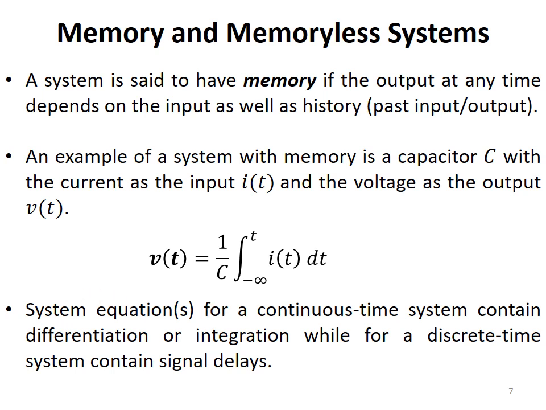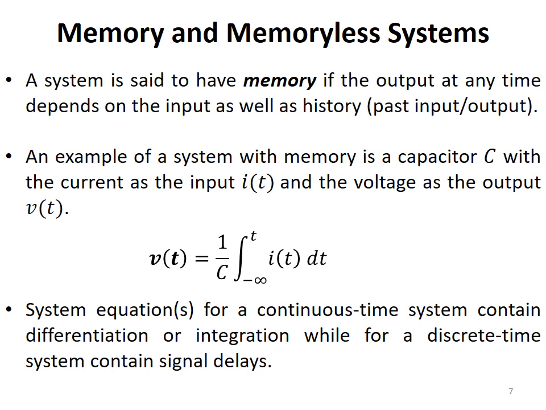The equations for continuous time systems contain differentiation or integration in memory systems, and in discrete time systems they contain difference equations, which contain delays, right? Whenever the mathematical equation of a system has an integration or differentiation operation, it means this system has memory, right? And in a discrete time system, if you find delays or time advances, it means the system has memory, otherwise the